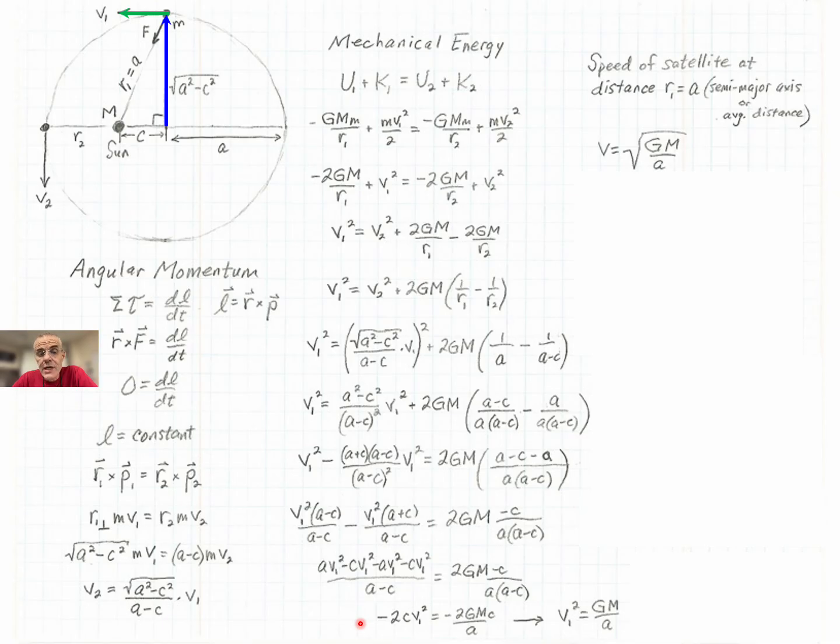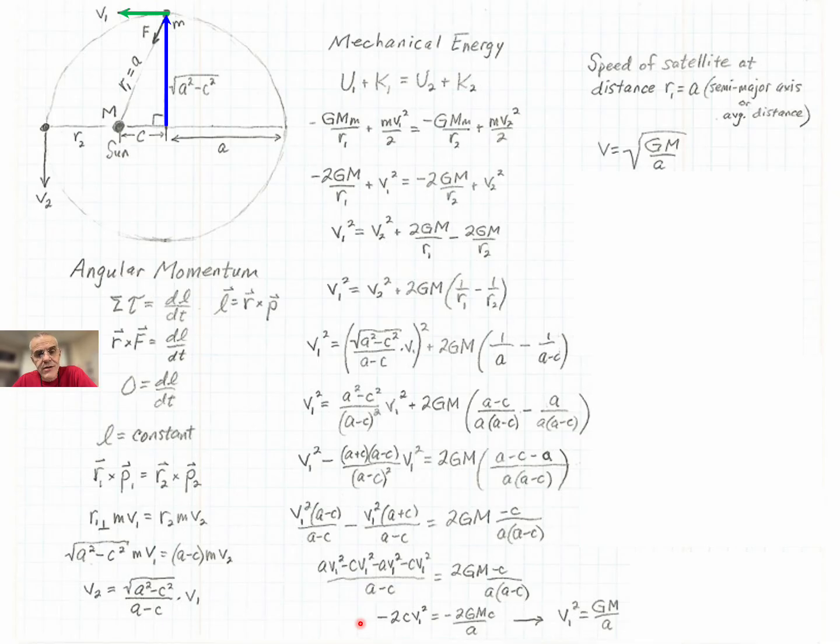And that is interesting. That's the same speed that an object would have if it orbited in a circular orbit at distance A. So that's interesting, maybe not too surprising, but a circle is a special case of an ellipse. And if we can show this works for the ellipse, if you imagine the ellipse getting less and less elliptical, the value of A would approach the radius of a circle. So you can see how you would get from here to the circular result,